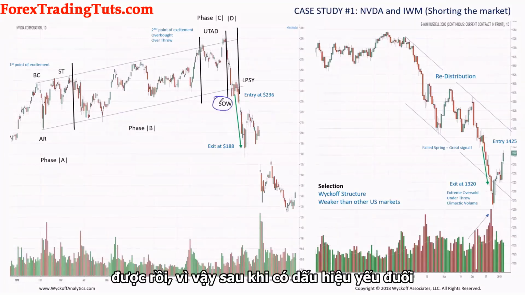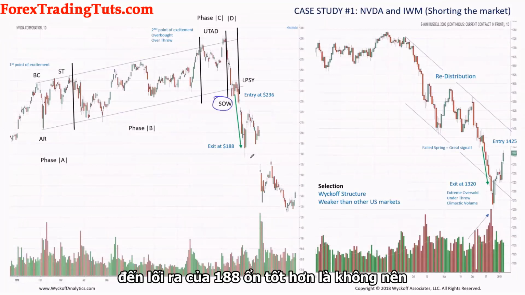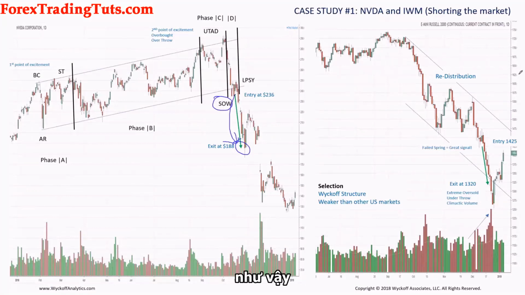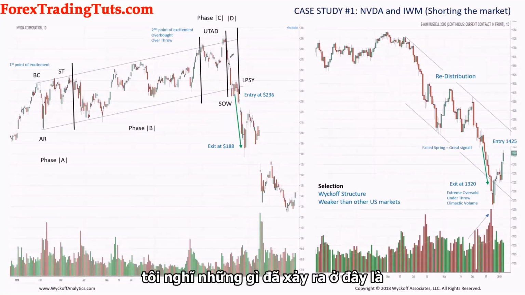Okay, so after the sign of weakness to the exit of 188. Okay, better not to operate? I don't know, it worked out, right? So I think what happened here is that institutions started to sell,